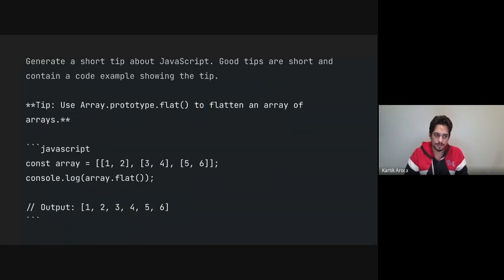So this prompt will give you something like this. This is just an example. Your experience will vary because it's generative AI, so it's going to generate content based on different settings. But there's an issue with this kind of prompting: if you type the same prompt again and again, your chances of getting the same results increase. So you can request some diversity and creativity through model settings, things like temperature and number of outputs. But there's a better way if you want very unique outputs.